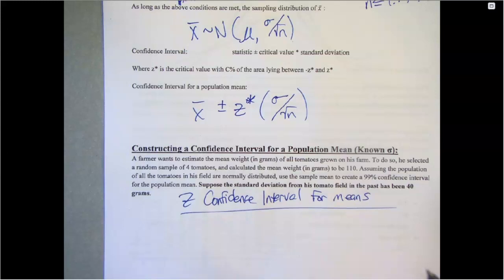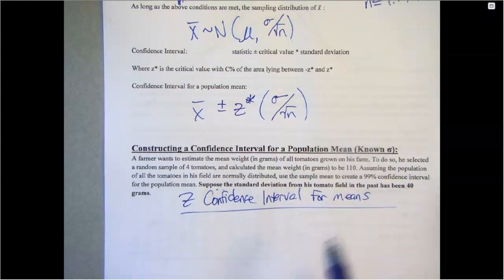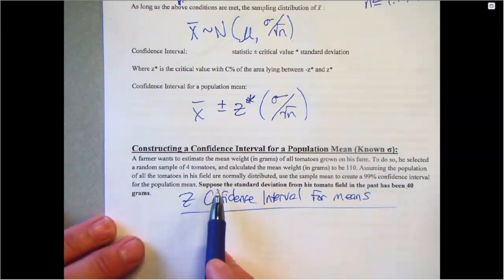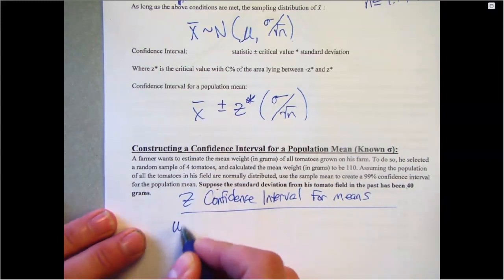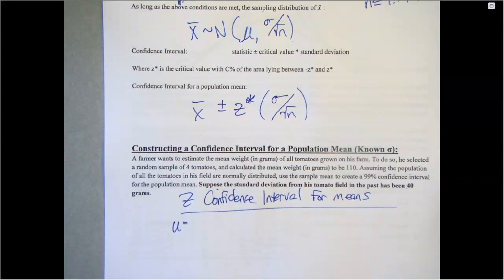So they kind of get around the issue of knowing it when, say, suppose the standard deviation has been this. That's a tweak that they can make, I guess, to make it kind of work, but I still have no CDs on that. I'm trying to teach the process. So we're going to say the same thing we did before when we did Z's. So with means, mu is going to equal